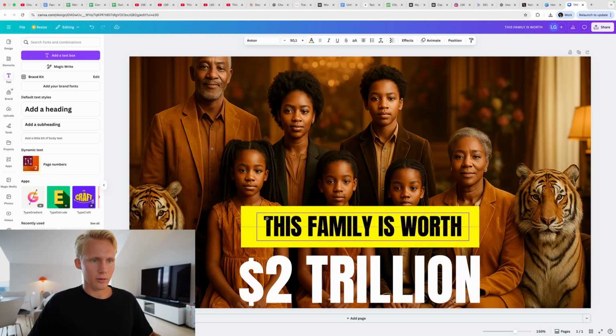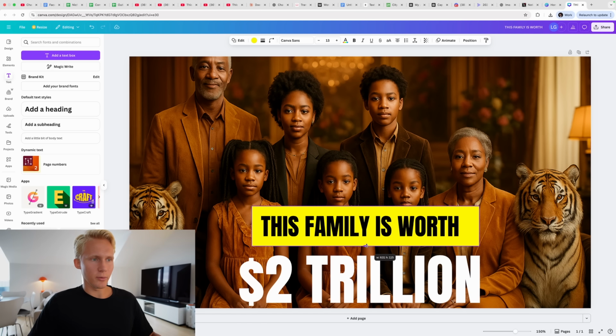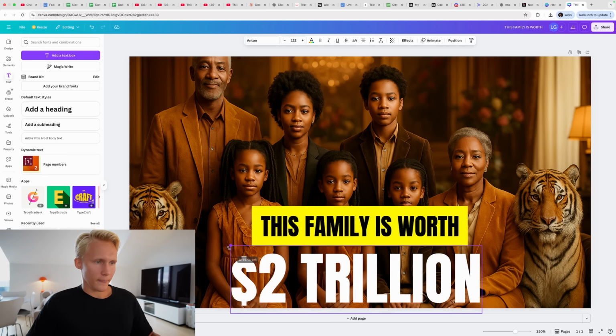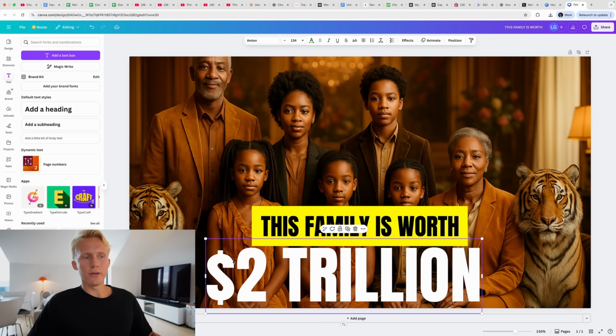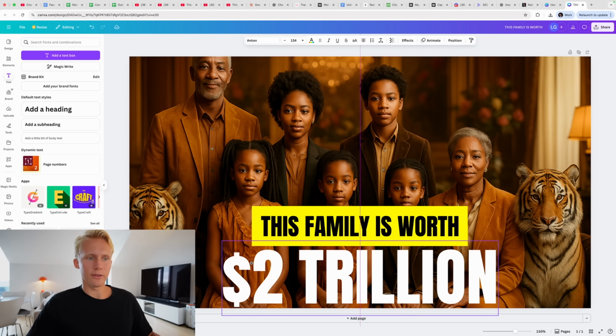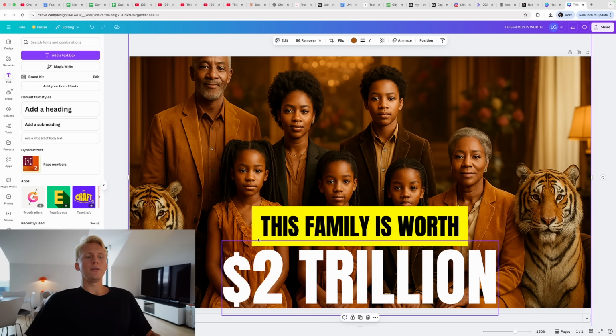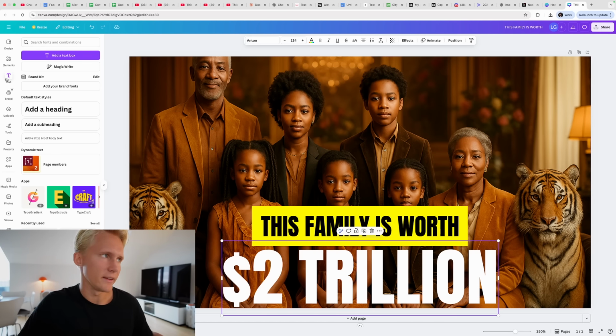Slightly smaller. Center it in the middle. I'm also going to speed run this so you guys can see how it's actually done. But that would be for the text. And this is also the reason why you can do very simple thumbnails in Canva, because this is not something that requires you to have any specific skill, right? You simply go onto the Canva app and add the stuff that you need, and then it's done.